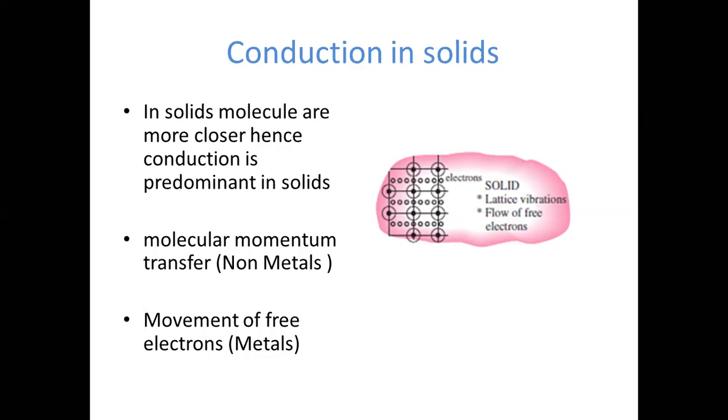In non-metals there will also be movement of electrons, and in metals there will also be lattice vibration, but compared to the movement of electrons in metals, the conduction because of lattice vibration will be less than the flow of free electrons. Free electron movement takes the major role in solid metals,